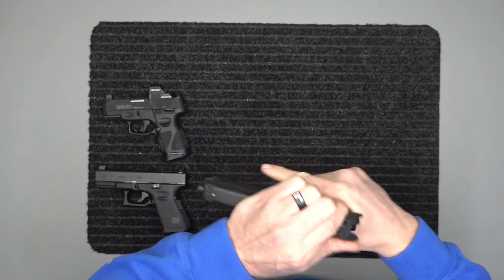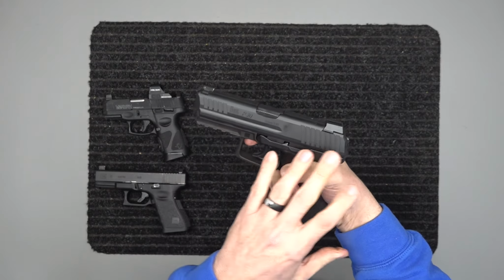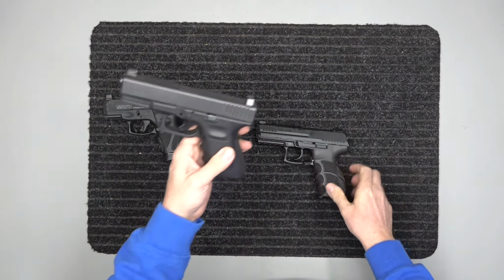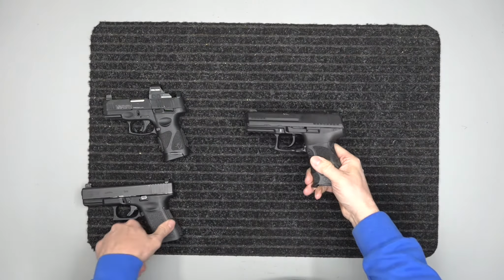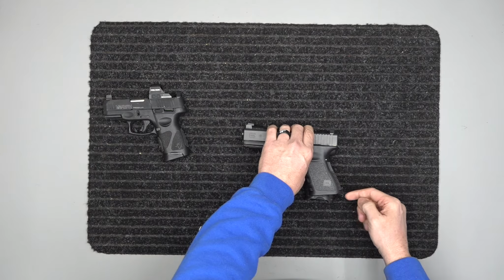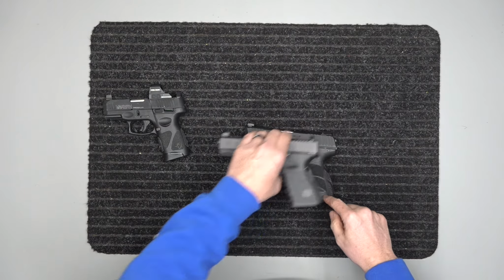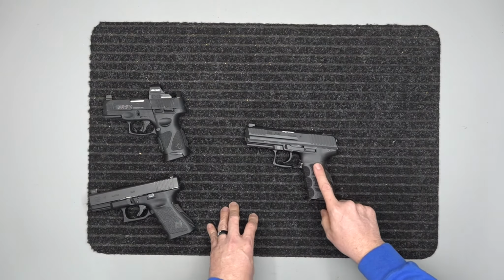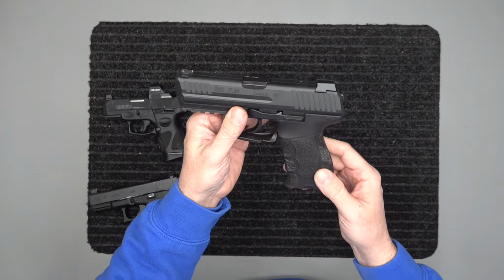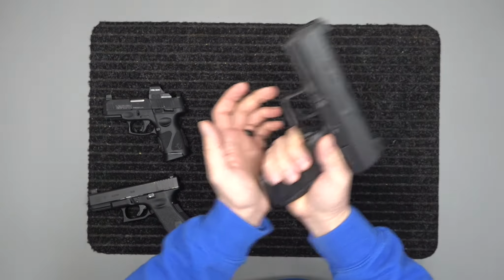So yeah, if you're looking for a double action gun that doesn't have a heavy trigger pull and is more of a full size or a subcompact Glock 19 size, basically, because they're really close to the same size. This is a little bit longer here. It's more of the 17 here, because it does hold 17 plus 1. And it came with 3 magazines, and then it's got this nice, I like the paddle style, because I have